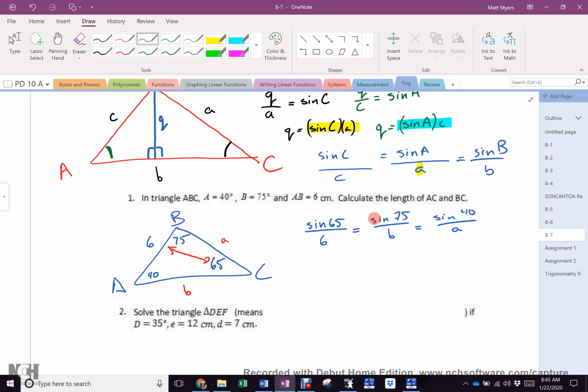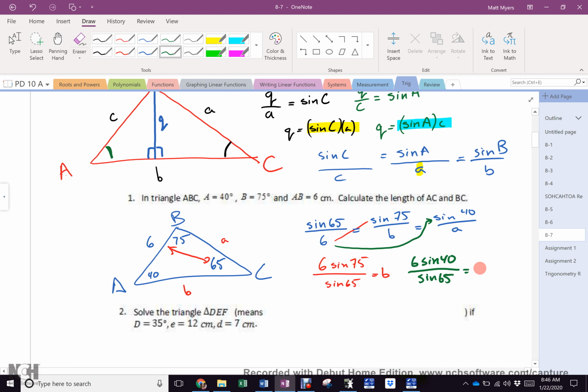Okay. How do we solve everything that is fraction equals fraction? Excellent. So I get 6 sine 75 divided by sine 65 will equal b. Right? And then 6 sine 40 divided by what? Sine 65 will give me what? A. And that's it. Now you can do trig on every triangle regardless of whether it's got a 90 degree